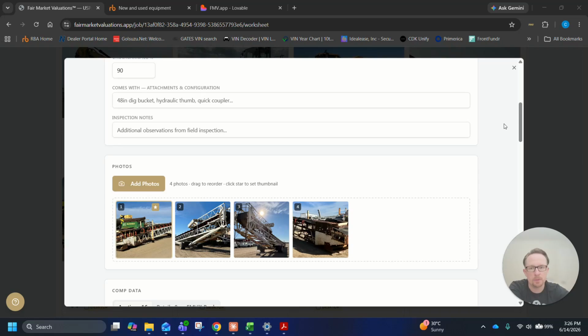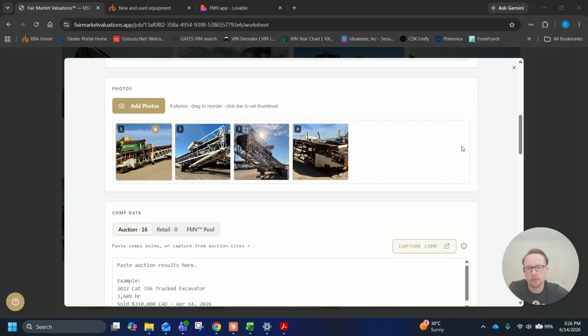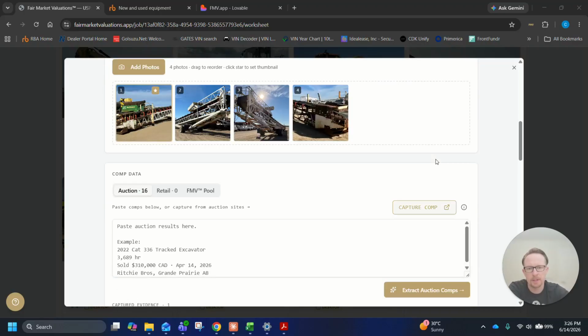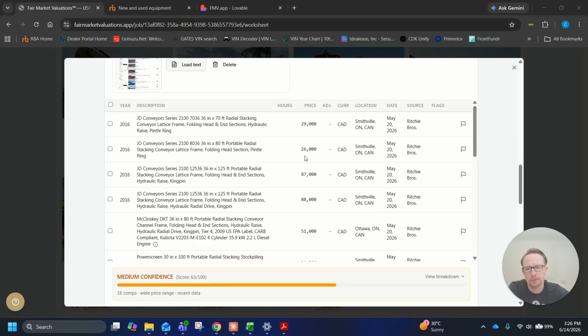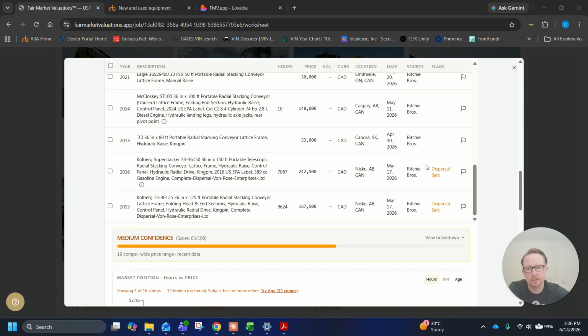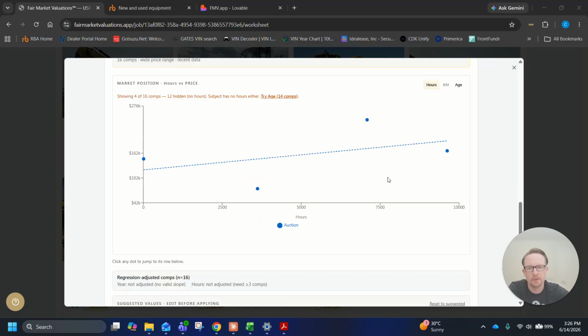Here's an interesting point here. So we're doing this as equipment, and it's a conveyor. Conveyors are tough to get hours off of on the best times, depending on what the power unit of it is. I've pulled 16 comps, and it's plotted only 4, because currently the plotting is based off of hours. And so you're showing 4 of 16, 12 hidden, no hours,